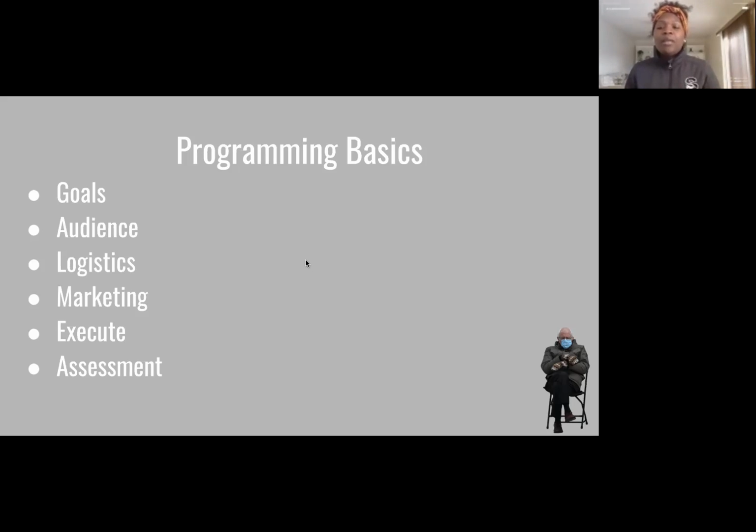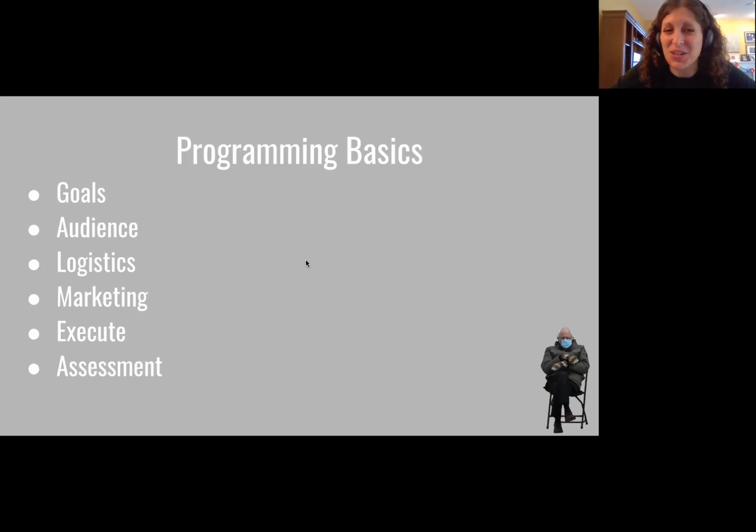So those are the programming basics. I was going to say, just a quick note on assessment. Osprey Hub actually has a quick feedback tool built in when you're creating your events now. And as long as you are tracking attendance at your program, even if it's not an Osprey Advantage program, even if it's just a regular social program, you can add those questions in. And as long as you're sending out the URL to track attendance, it will automatically send your quick survey out to anyone who attended your event.